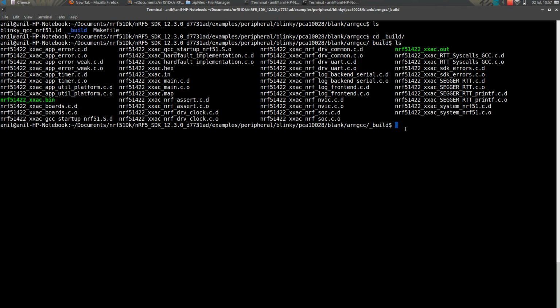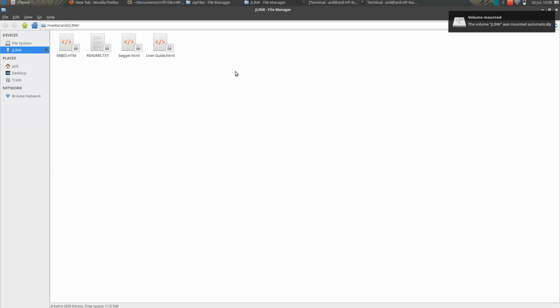So plug in the board via USB. If you plug in the board, it will open as another external drive with a J-Link. If you are getting an mbed as an external drive, look for further updates from my channel.